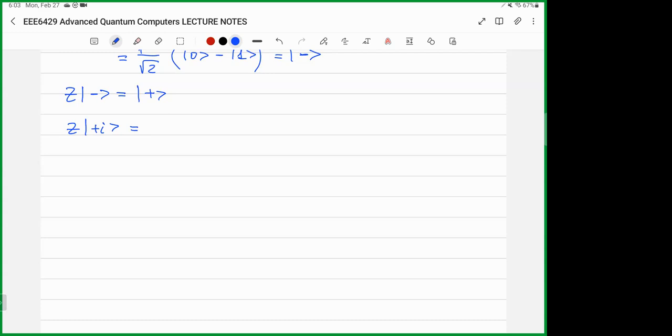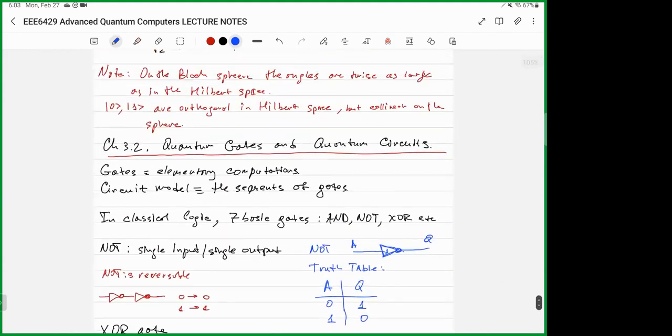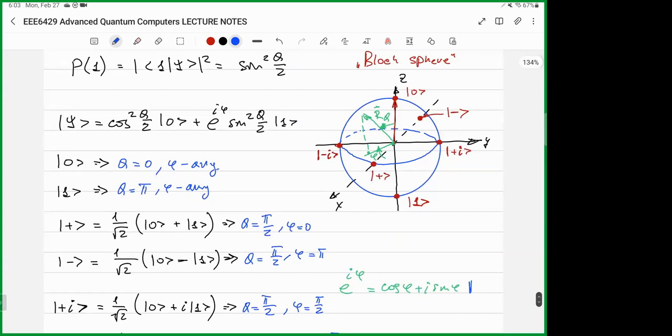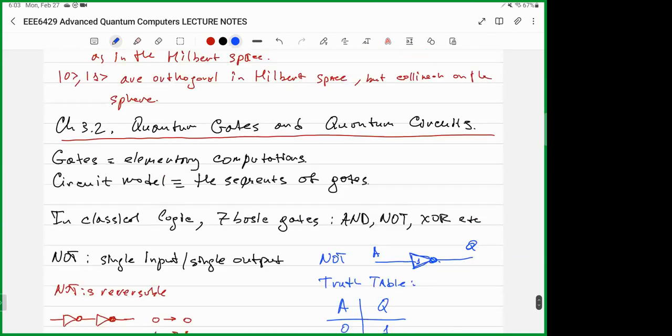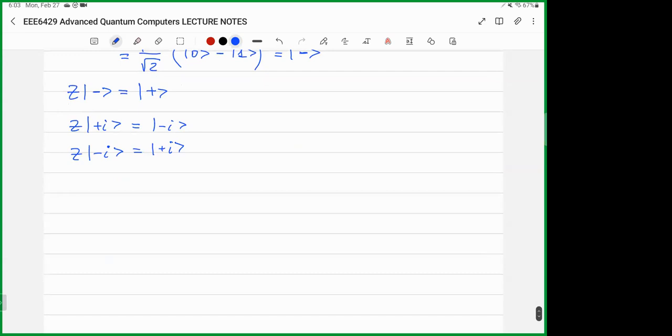From plus I I will get minus I, up to the phase prefactor, and again application of the same to the minus I returns the state to the plus I. So from this I conclude that my Z gate rotates the state vector around the axis Z, again by the angle pi, or 180 degrees,